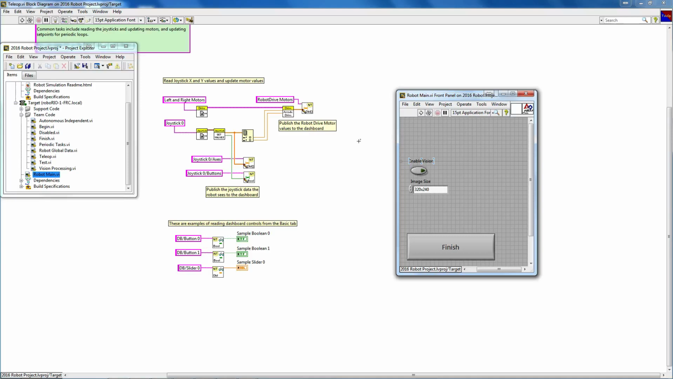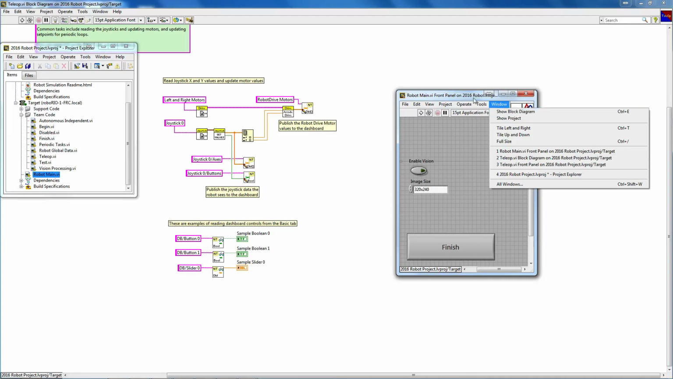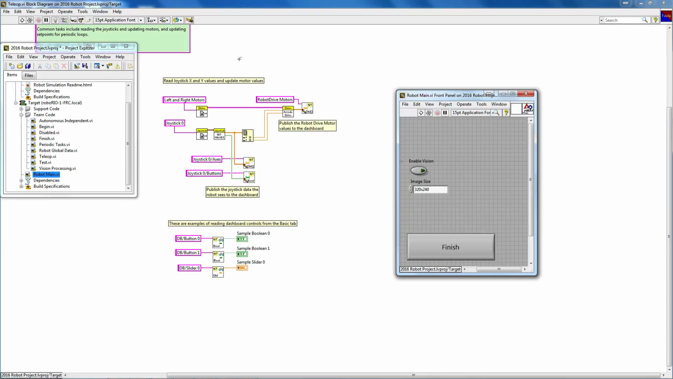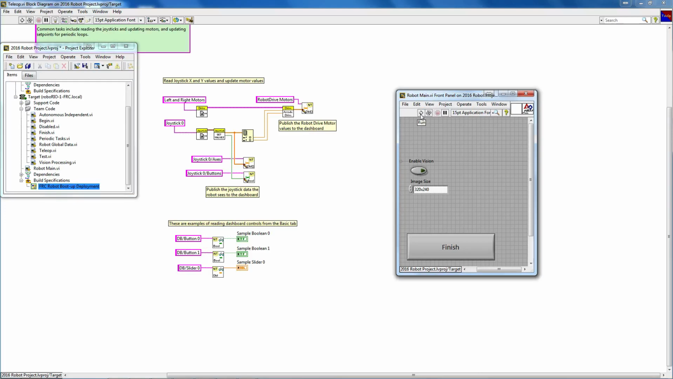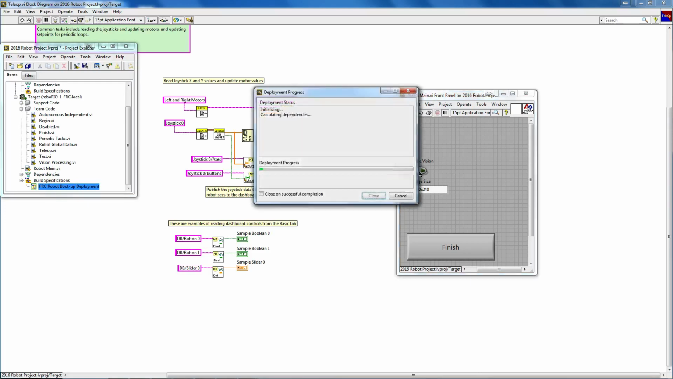And then used either the key combination Control-E or Window Show Block Diagram to show the block diagram here of Teleop. So the easiest way to debug FRC LabVIEW programs is to run them from the computer. Instead of doing the build and deploy that's down here in build specifications, right down here, we're going to run it dynamically from the computer. So that's why we have robot main opened up here. So we're going to click this little white run arrow,